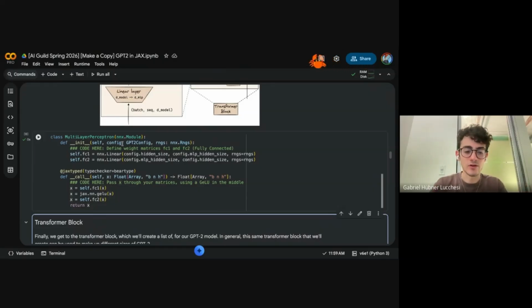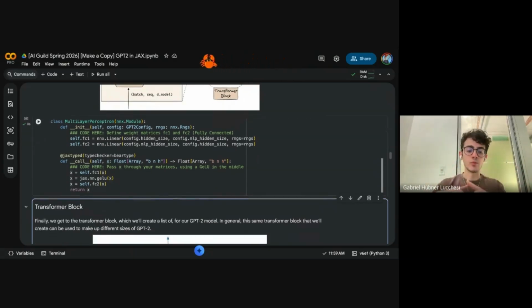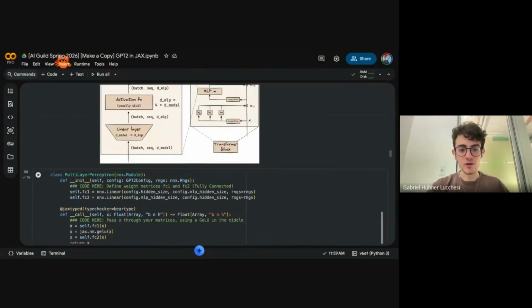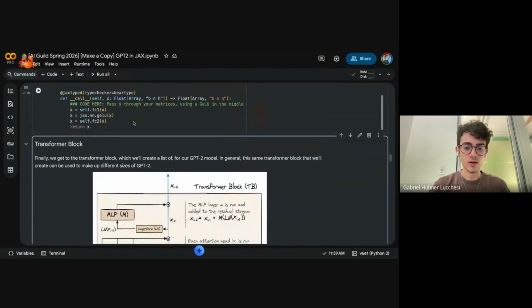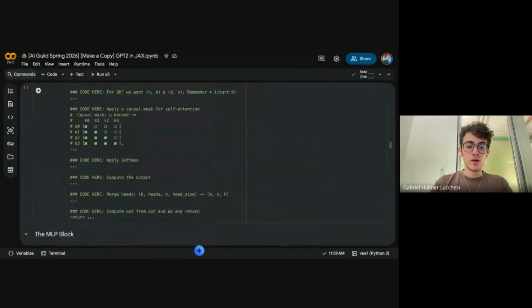We can just pass whatever config we want, and we're going to have a 2-layer multi-layer perceptron that's going to take input and output from the same vector size to the same vector size. It's just having some sort of expansion in the middle of it here with some activation function. This is what they did for GPT-2.